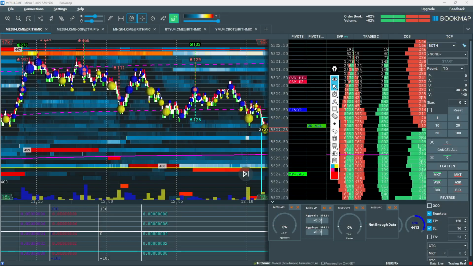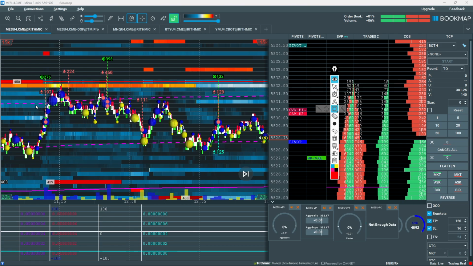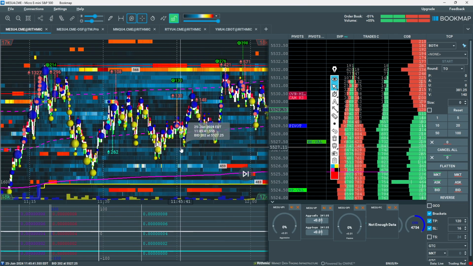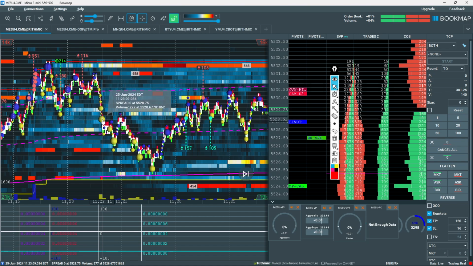Let's go over to Bookmap so I can show what I was looking at in the order flow. So this is the second upper deviation test right here, right? So this purple line, that's the second upper deviation. You can see Camarilla R3 is right there. Right, so this was the actual entry right here at 55.2775.